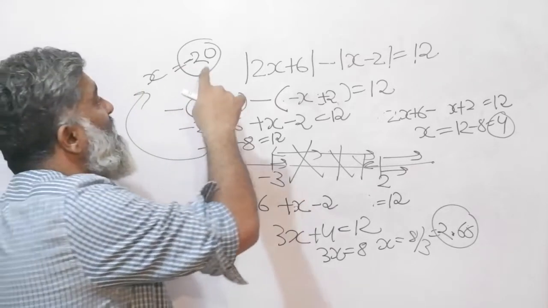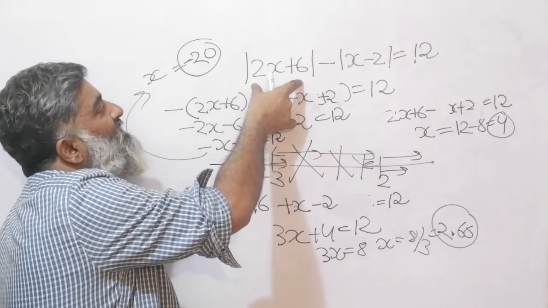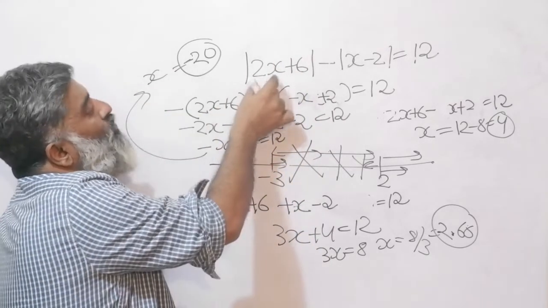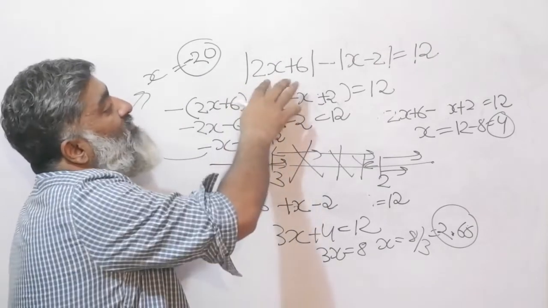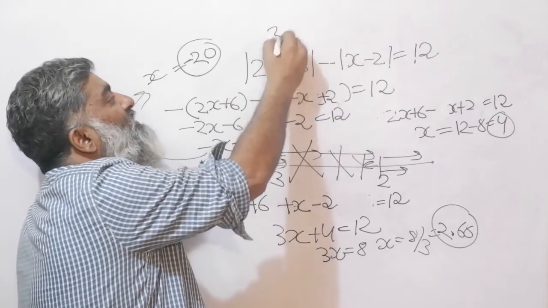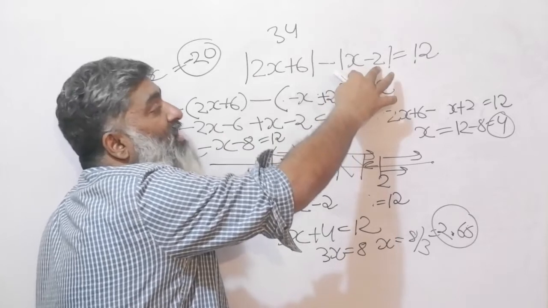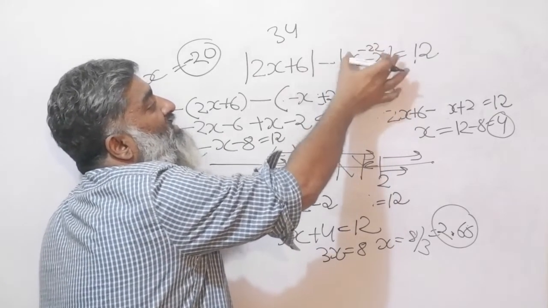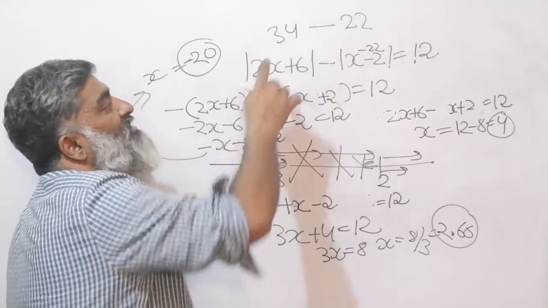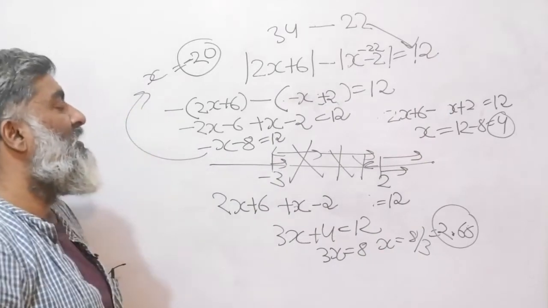And now just check the value for yourself. Minus 20, that gives you a minus 40 plus 6 will give you a minus 34. So 2 into minus 20 will give you a minus 40. Minus 40 plus 6 will give you a minus 34. The final output would be 34. Put minus 20 here as well. Minus 20 and a minus 2 will give you a minus 22, but the mod will make it a 22. And now between them there is a subtraction sign. So 34 minus 22, boom, you get the value as 12 as well.